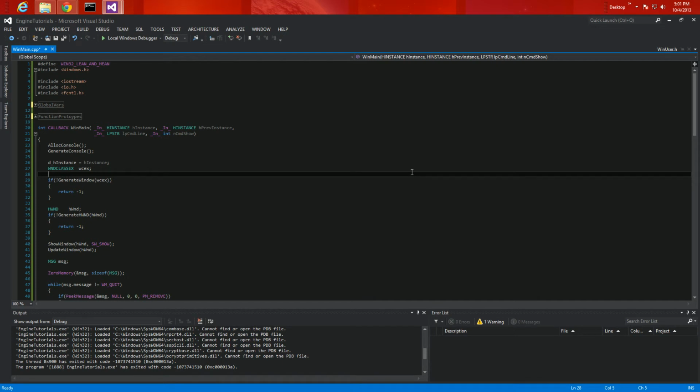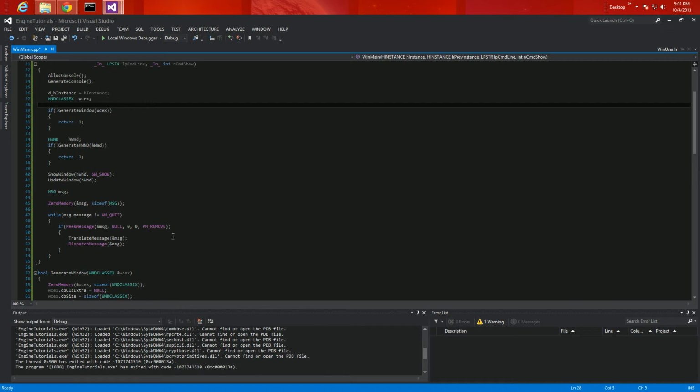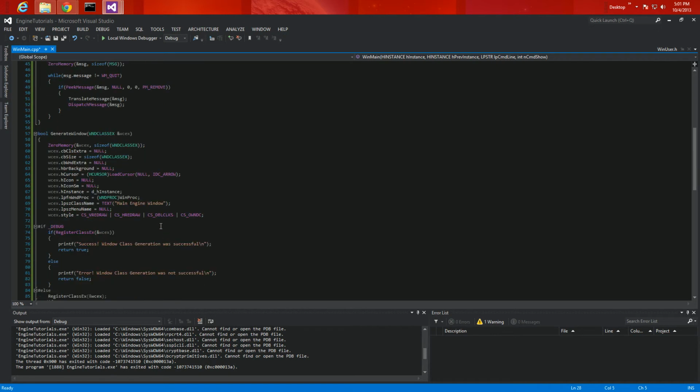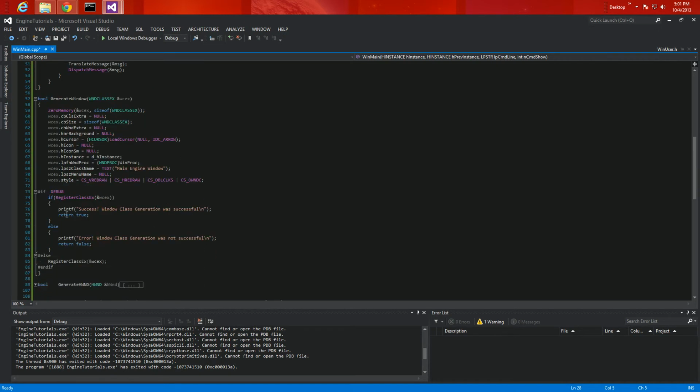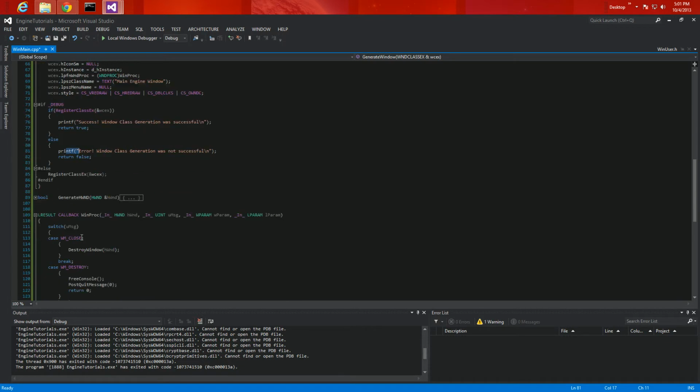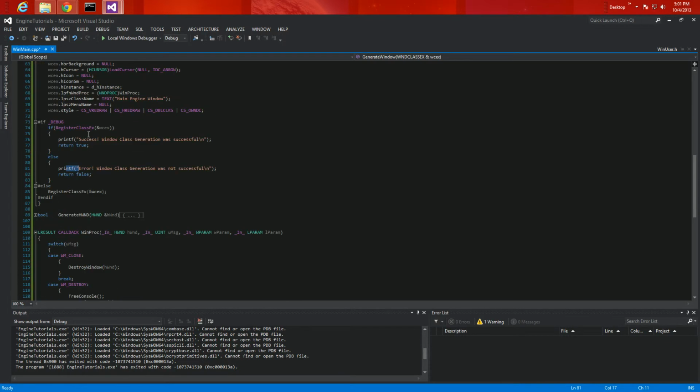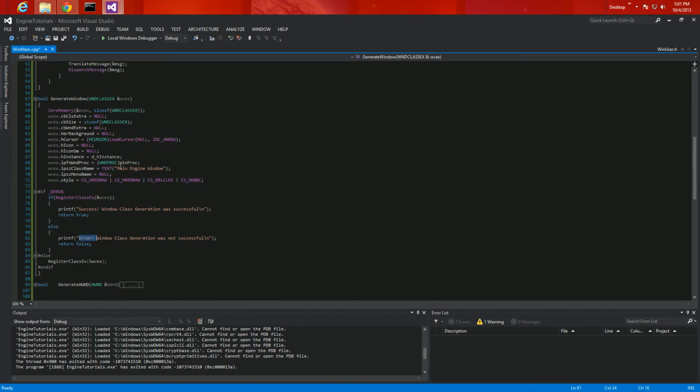Alright, guys, in my last tutorial I talked about creating a console for a Windows program so that you could use printf, cout and cin with the console to print out some debug information. One of the things I find useful when I'm debugging, especially with the console, is to color code